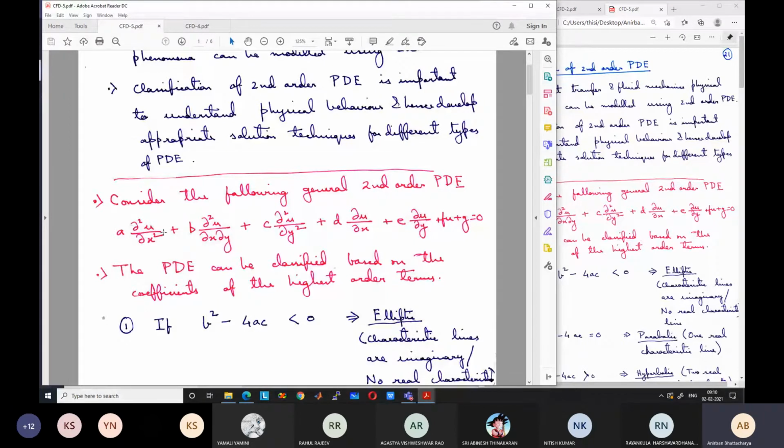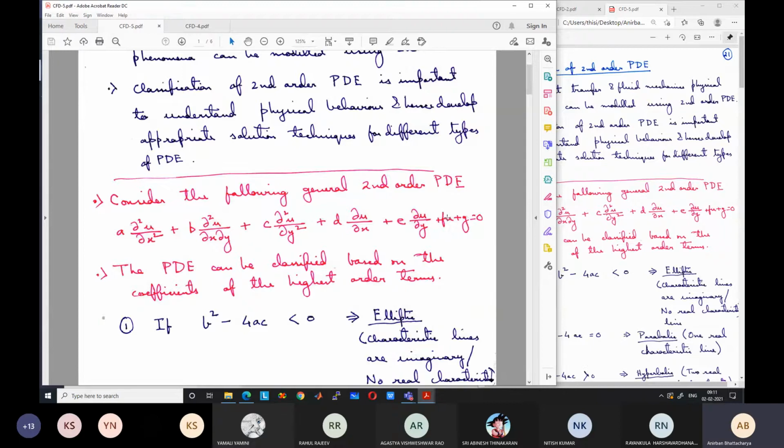So any second order PDE for a two-dimensional problem will be a subset of this. Means it may have some terms from here and some coefficients, but the form will be similar to this form. It can have three second order derivatives, then two first order derivatives, then some term with respect to u, fu. Remember u square, u cube, this type of terms also can be present. In those cases, this coefficient f will have these u terms. Only one u is shown separately, the coefficient, so it will be nonlinear.